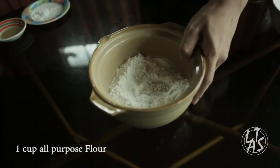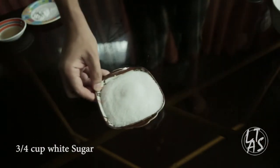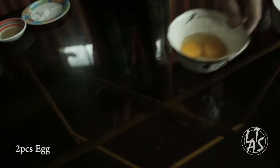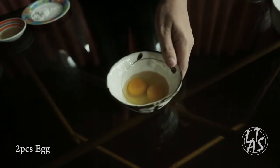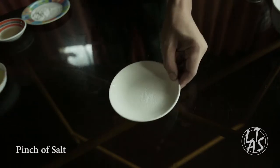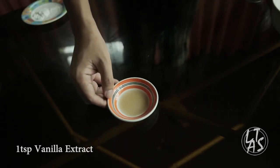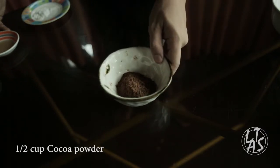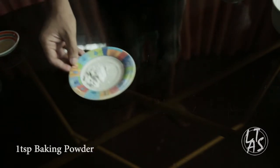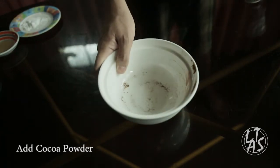These are all the ingredients we need: 1 cup of all-purpose flour, 3/4 cup of white sugar, 2 pieces of egg, 1/4 cup of vegetable oil, a pinch of salt, 1 tablespoon of vanilla extract, 1/2 cup of cocoa powder, 1 tablespoon of baking powder. First step, we need to add cocoa powder,